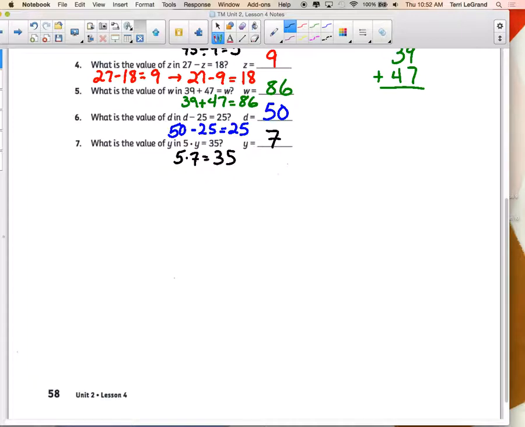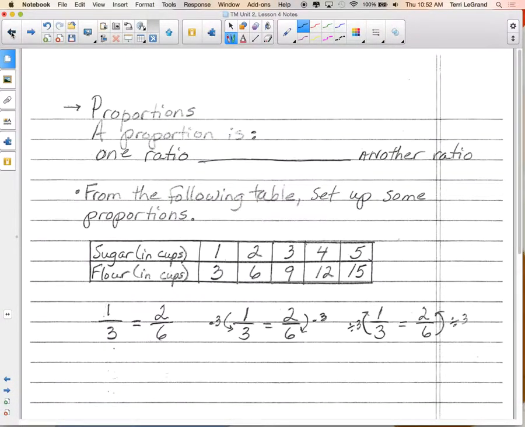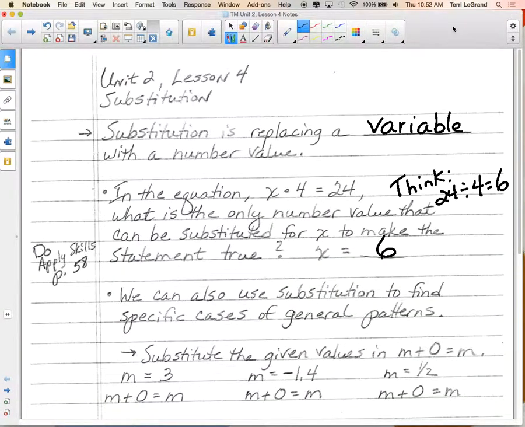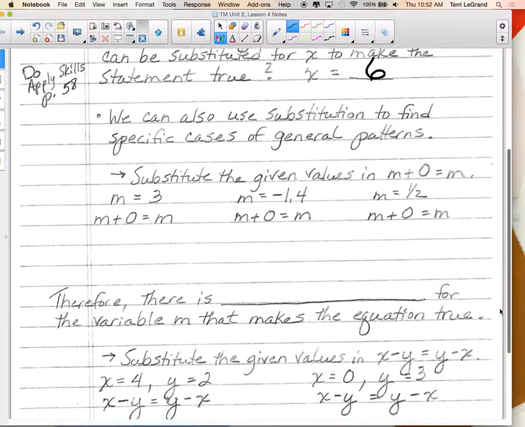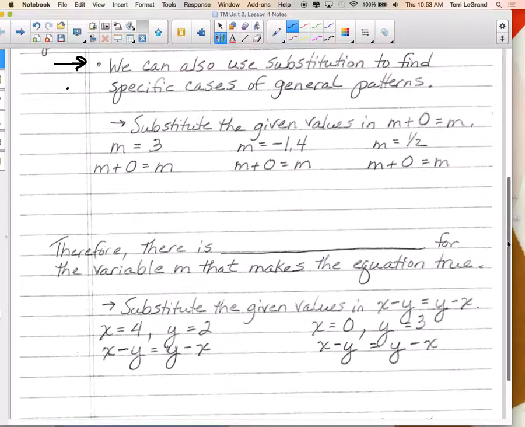Okay, let's go back to our notes page. So set your workbook aside for now. Okay, we're on the part right here where it says we can also use substitution to find specific cases of general patterns. We've already done some work with this, and general patterns are a big thing for us to recognize in math that we can say we can count on these all the time. So here they're having us substitute the given values,